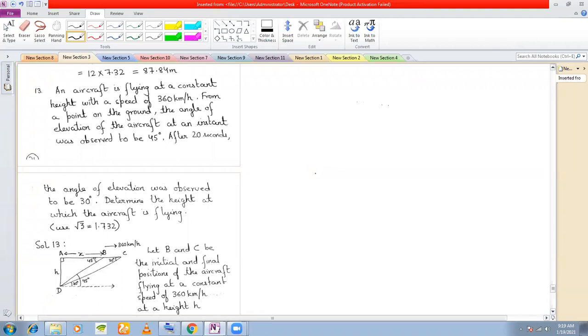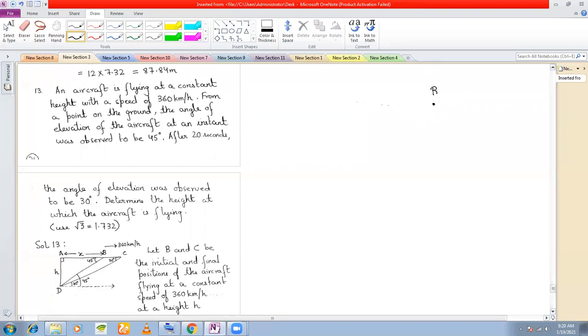Now, such questions, in fact most height and distance questions, you must first read the question very carefully, form a picture in your mind, and then try to draw it in rough and then draw it in fair. That is what the normal practice is. But the first thing is that a picture should come into your mind. If I read this question, the picture that comes into my mind is the aircraft flying here,